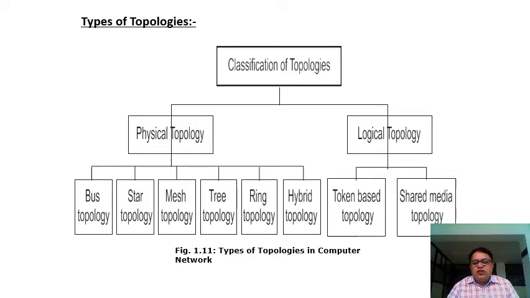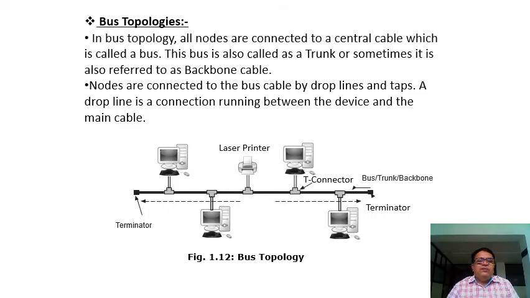Now we will discuss all these topologies one by one. So very first is the bus topology. What exactly is shown in this figure? You can see there is one communication channel, one link, and that link is going to connect